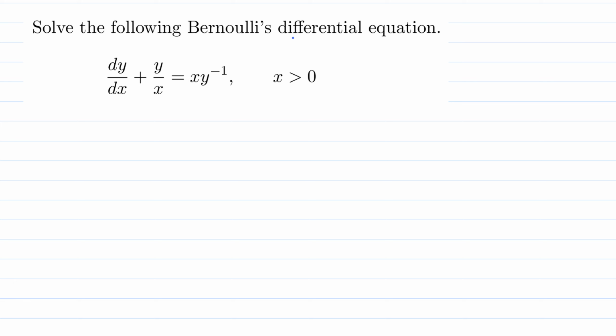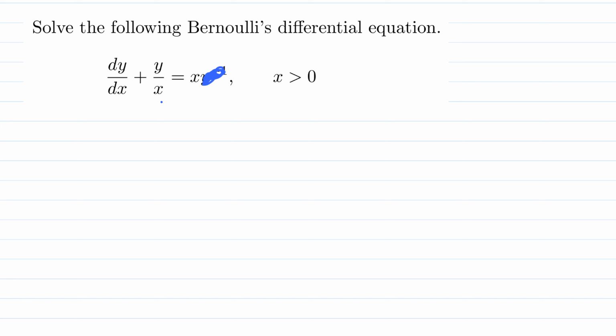Solve the following Bernoulli's differential equation. So we have this equation, dy over dx plus 1 over x times y equals x times y raised to negative 1. If we did not have this,